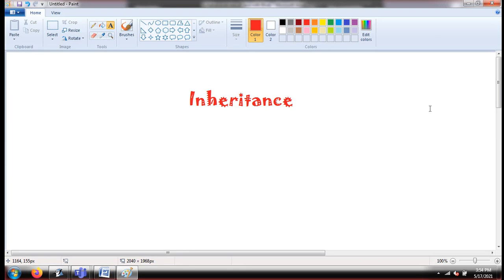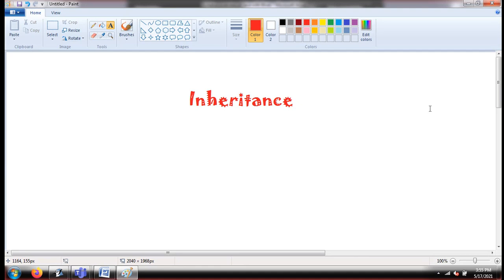For example, when you are promoting from grade 5th to 6th, you have learned something in grade 5, and taking this as a base, you are going to learn something new in grade 6. Similarly, I can give you one more example: you have inherited your features from your parents, your eyes, nose, face structure, skin tone. So this is again an example of inheritance, a simple real world example.